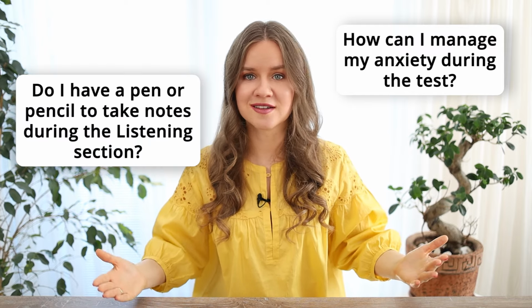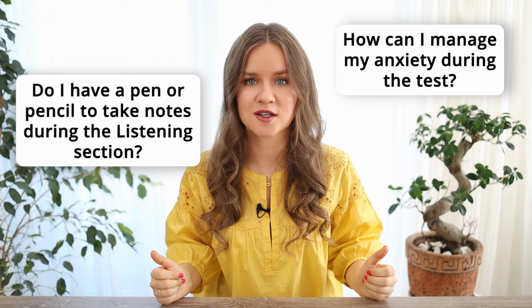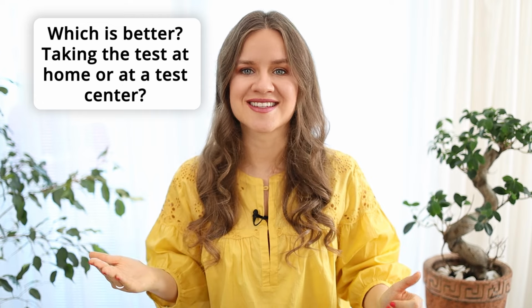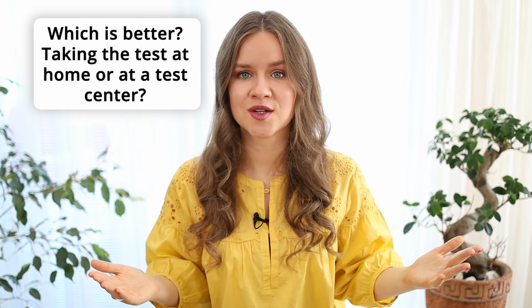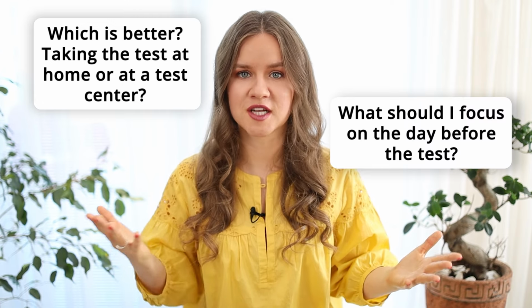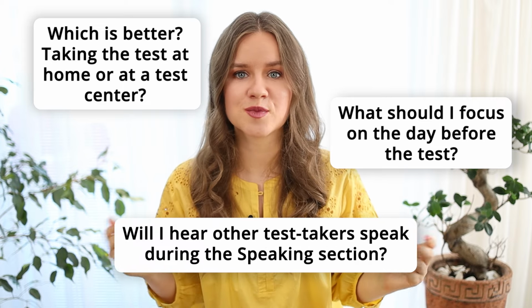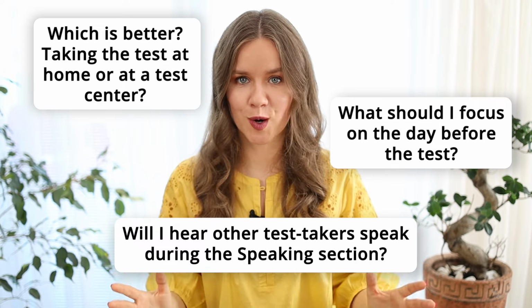the test? Do I have a pen or pencil to take notes during the listening section? Can I take notes on paper if I decide to take the TOEFL at home? Which is better, to take the test at home or at the test center? What should I focus on the day before the test? Will I hear other test takers speak during the speaking section? And many more. The thing is, if your test is tomorrow and you have no idea how to answer these